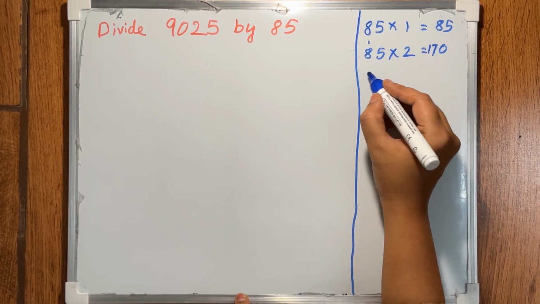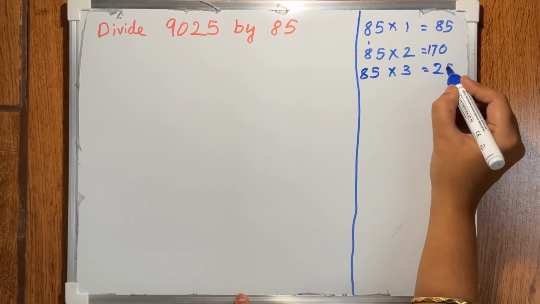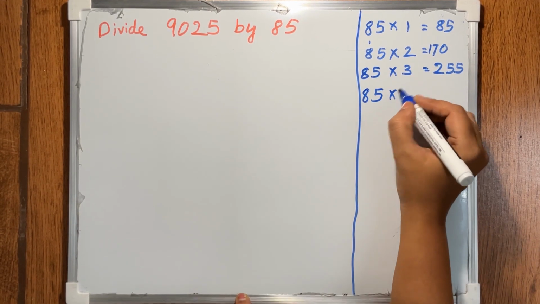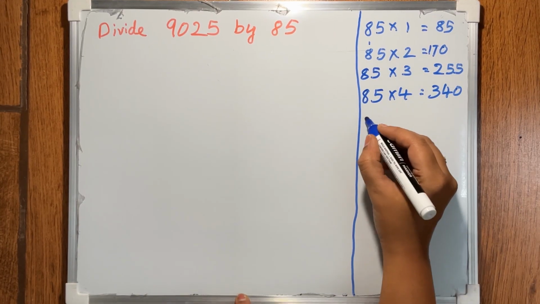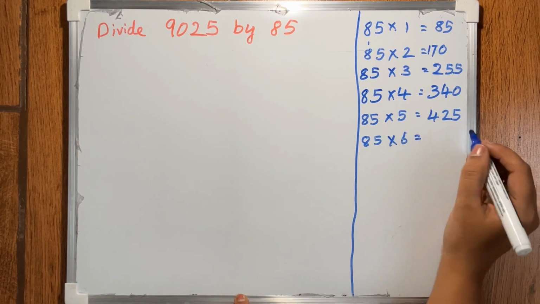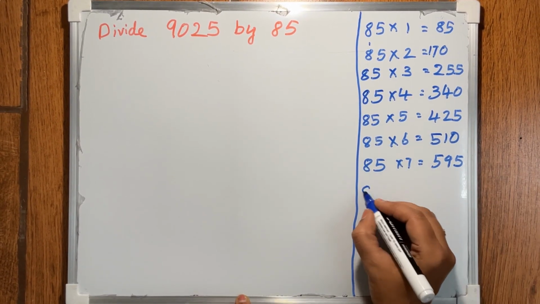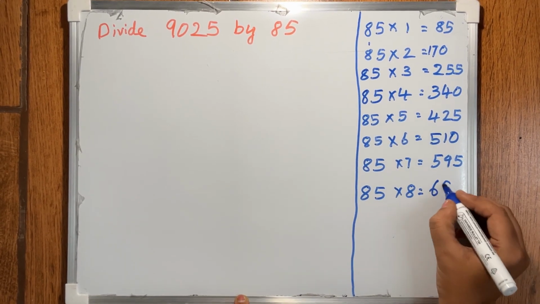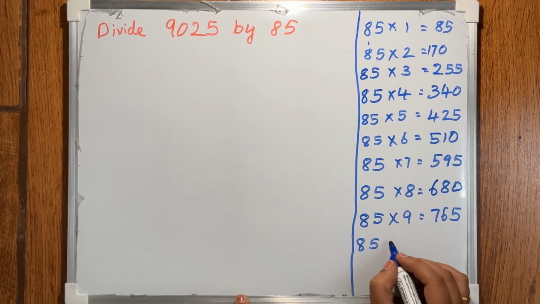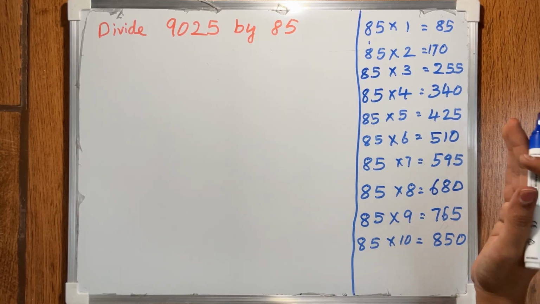So now let's write the tables of 85. Threes are 255. Here I am writing directly 85. Fours are 340. 85 fives are 425. 85 sixes are 510. 85 sevens are 595. 85 eights are 680. 85 nines are 765. 85 tens are 850. If we write the tables in the working column, it will be easy to divide any